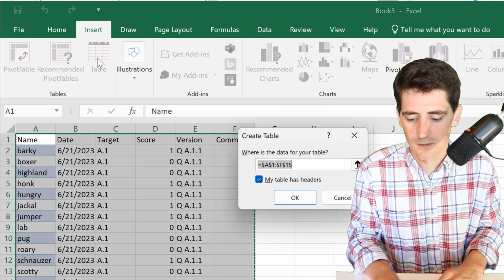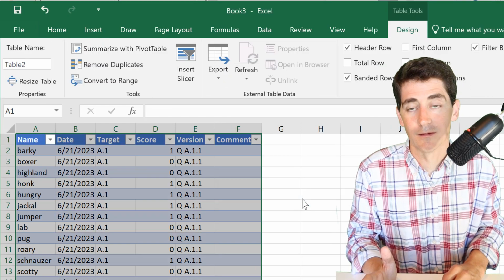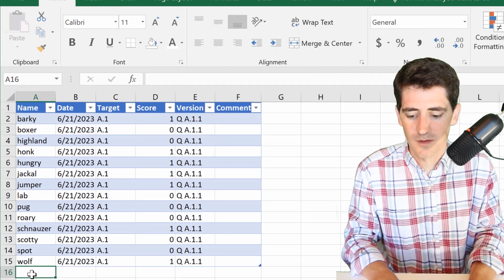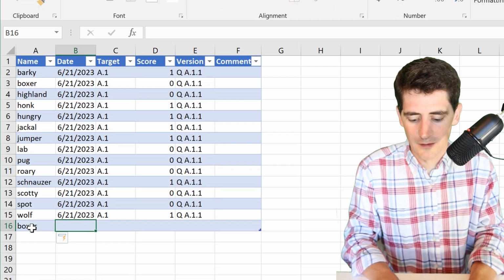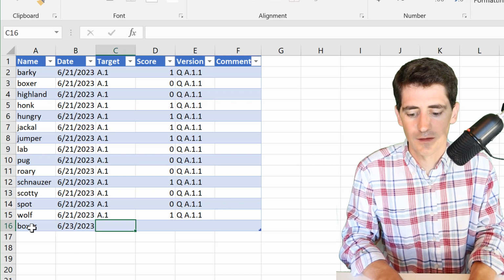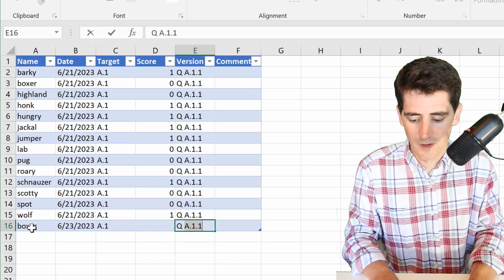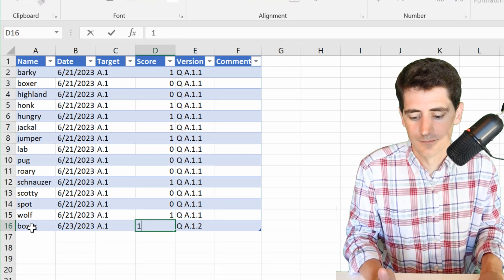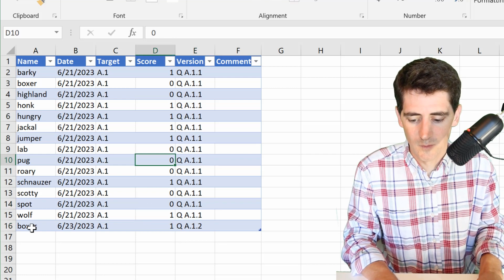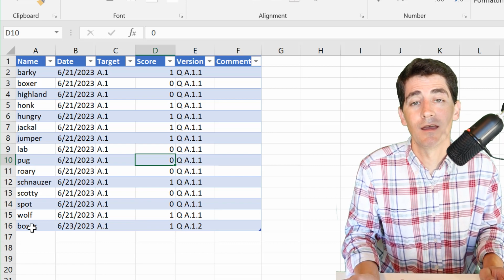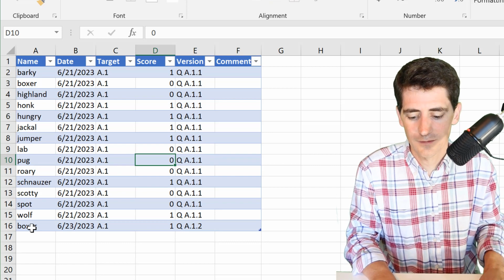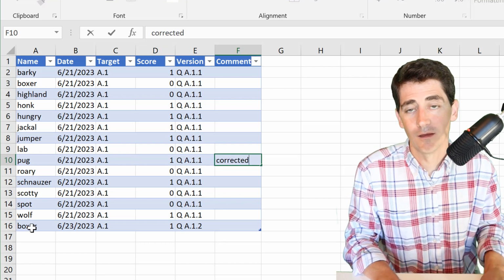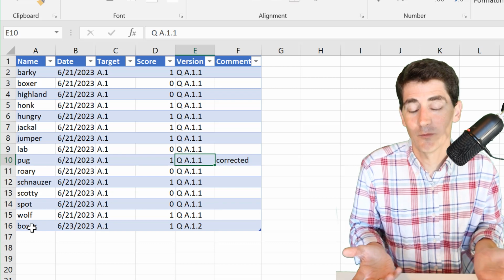Go to Insert, Table. My table has headers again. Okay, now from here, next time Barkey takes an assignment, or let's say Boxer comes by later and wants to take that quiz again. So this might be the A12 quiz, and this time they got it right. Or let's say that maybe Pug had a check minus and they brought it to me and corrected it in class. So I might update that to 1. I usually leave a comment, corrected,